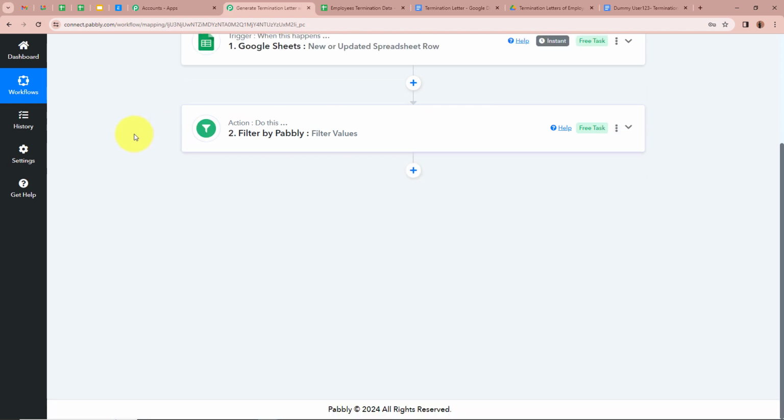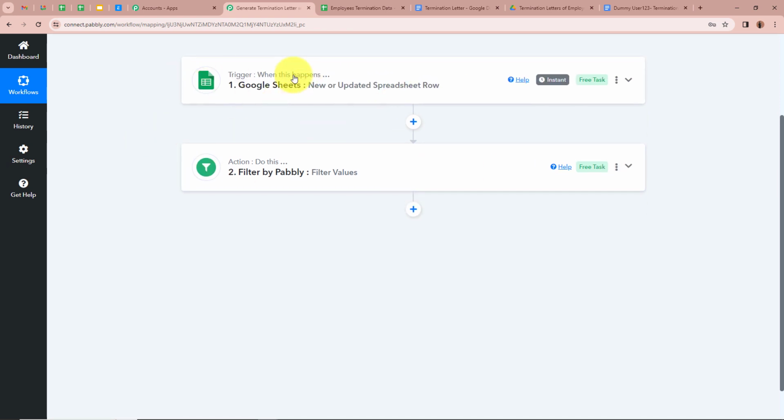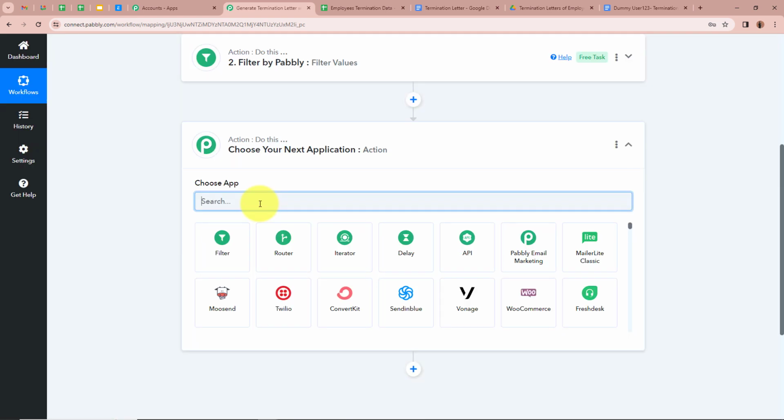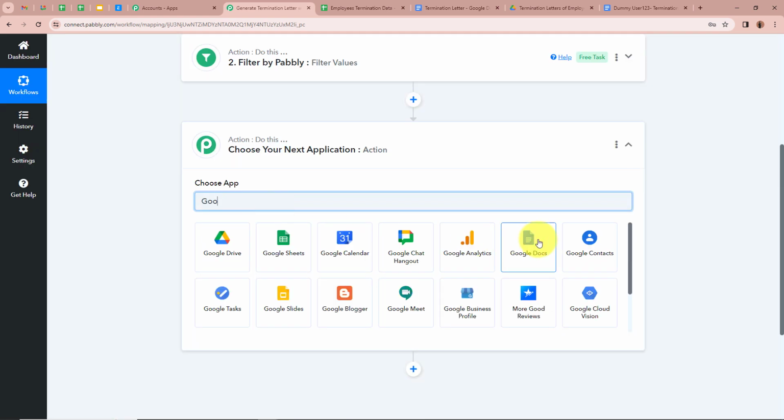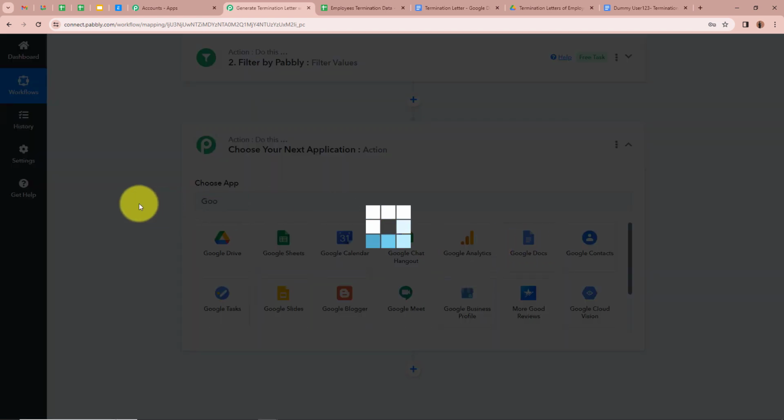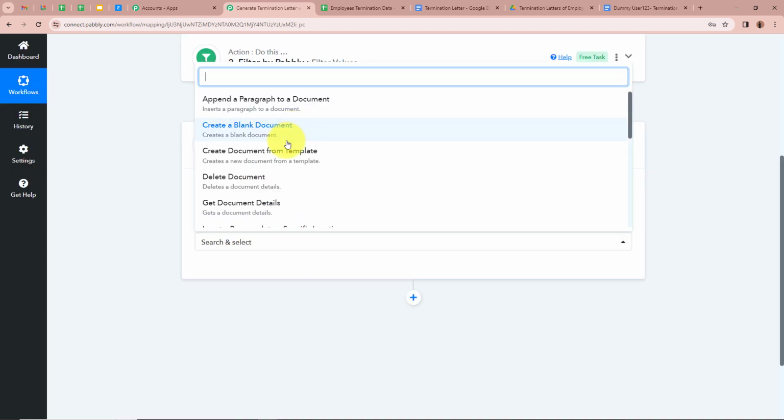After that, we have to set up our action step, and I want that whenever I add the details of my employee in Google Sheets, automatically a termination letter should be generated with the help of Google Docs. For that, we're going to add another action step by clicking on this plus button right over here, and our action application is going to be Google Docs. So I'm going to select my action application as Google Docs, and our action event is going to be create